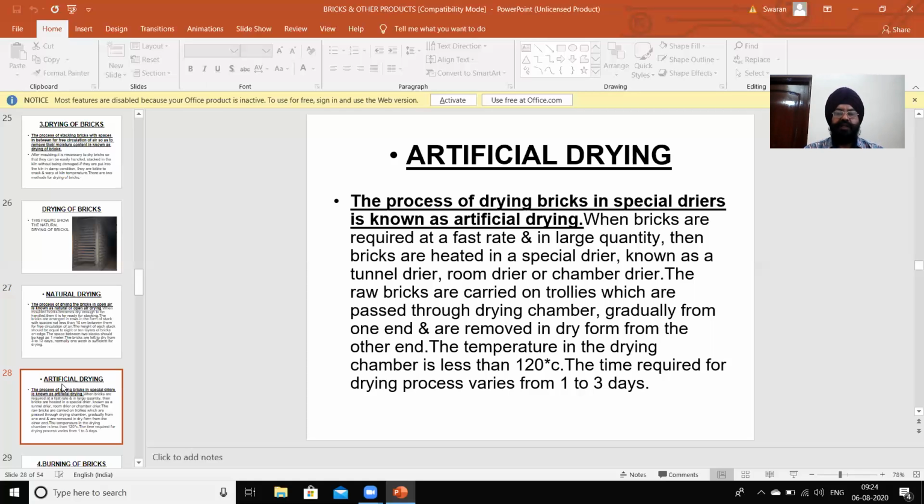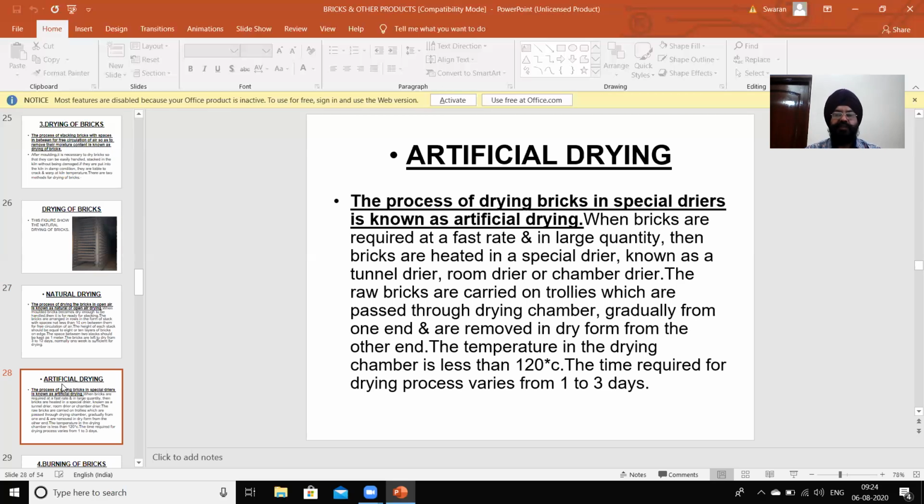The raw bricks are carried on trolleys which are passed through the drying chamber gradually from one end and are removed in dry form from the other end.